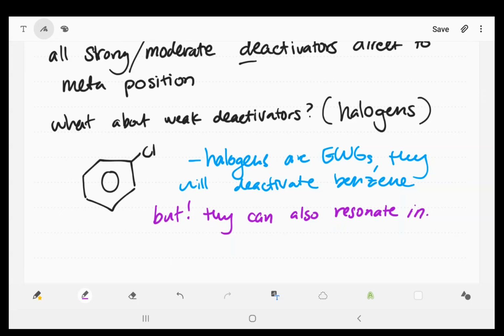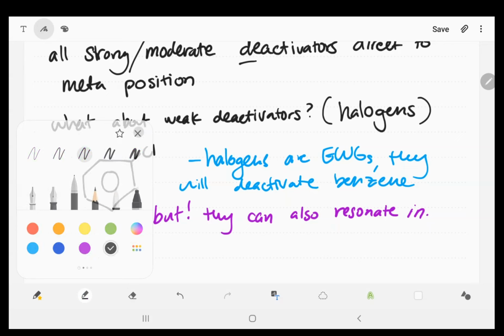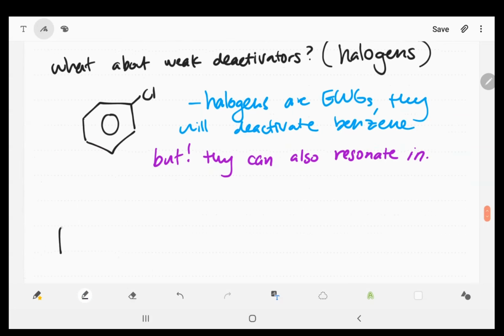Because they are electronegative, they're happy to be next to a positive charge, right? They're already partially negative, so if you put a positive next to them, that's great. They can also resonate in. So if we look at the sigma complex for, say, we're nitrating our chlorobenzene,